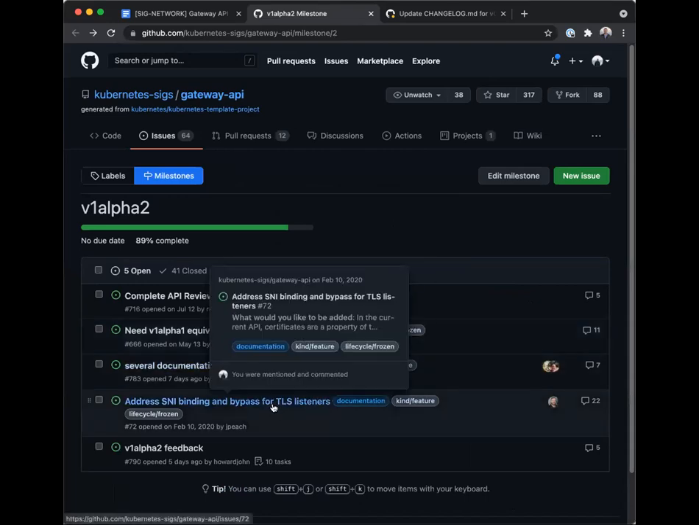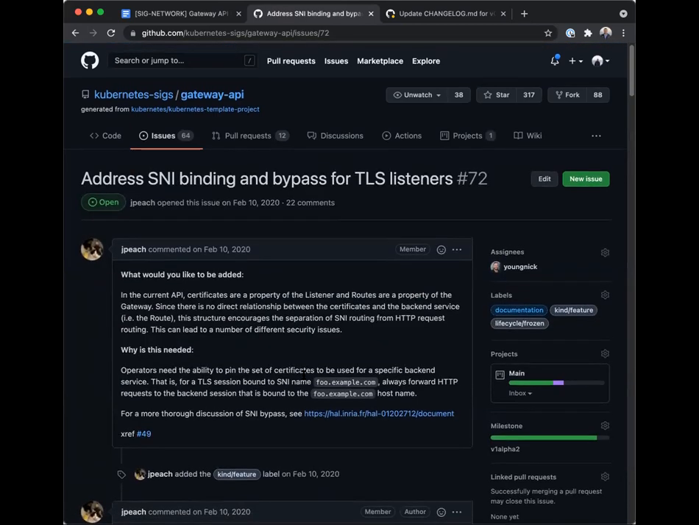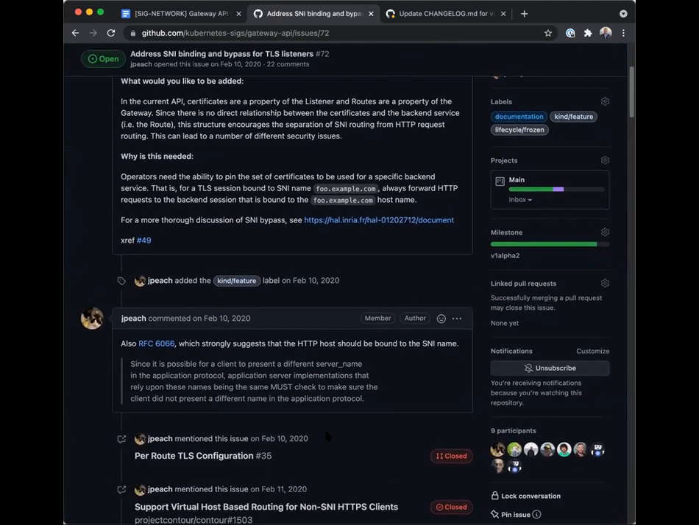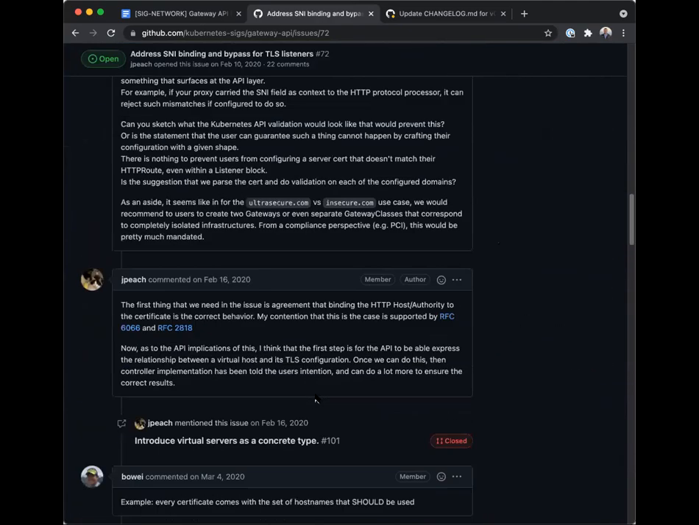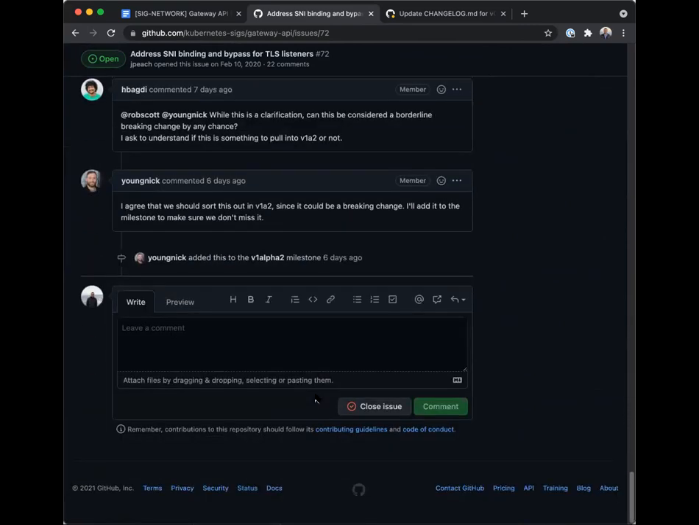The SNI binding and bypass for TLS listeners. This one got stuck somewhere. What's this? James, are you on this call? Who's working on this? This is basically clarifying what we're doing about domain fronting, and if the SNI binding needs to match the host name. I think that it's